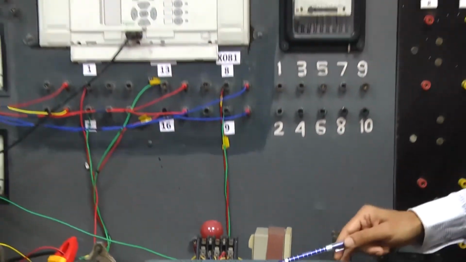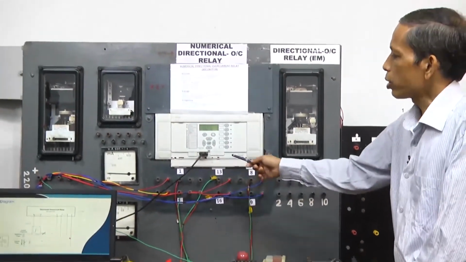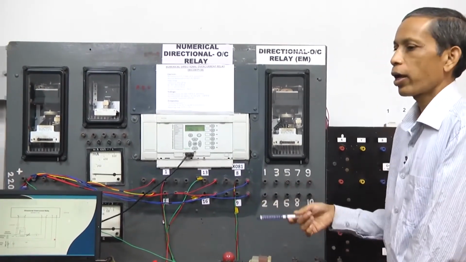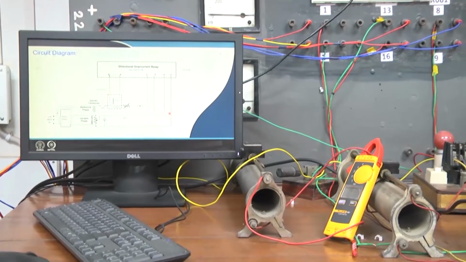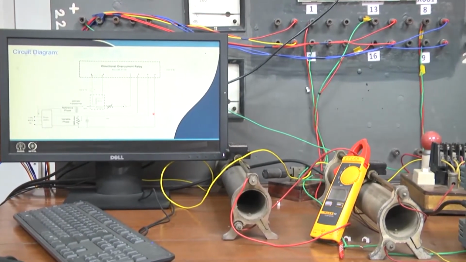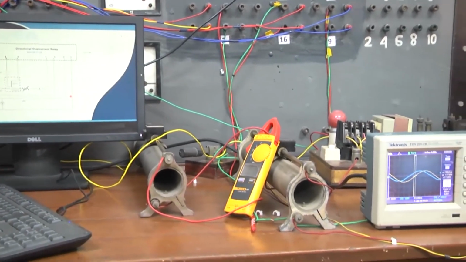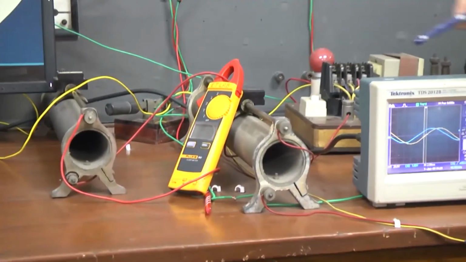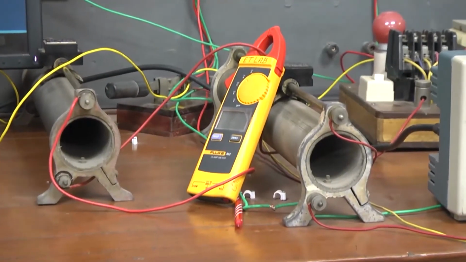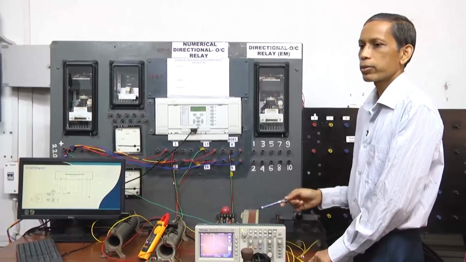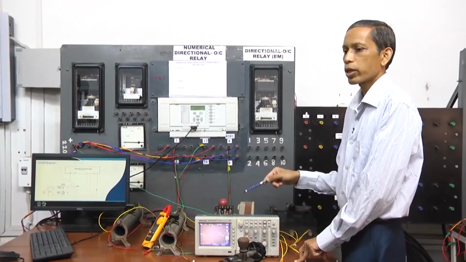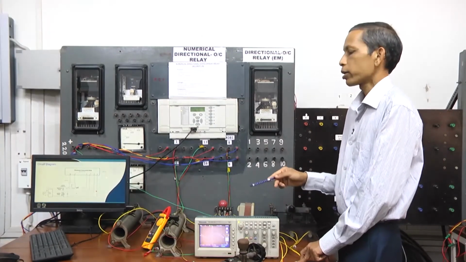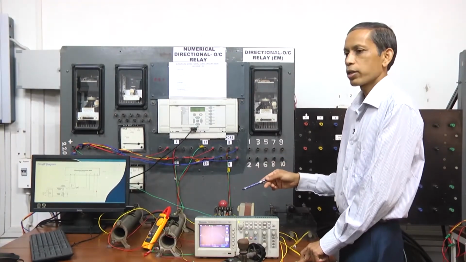As already mentioned, this is a numerical platform. So, in the PC we will have the different settings and we will observe the different trip commands, the corresponding values of current and voltages, and particularly our interest here is the angle perspective. And through this clamp meter we can see how much current we are injecting to the relay at a given instant of time in that particular phase, through which we are trying to create the fault level of current.